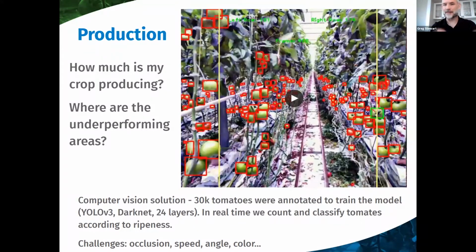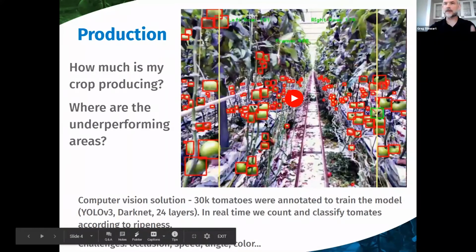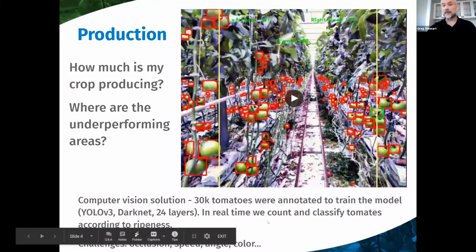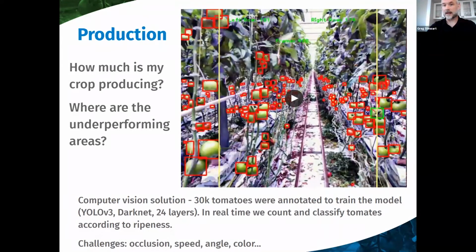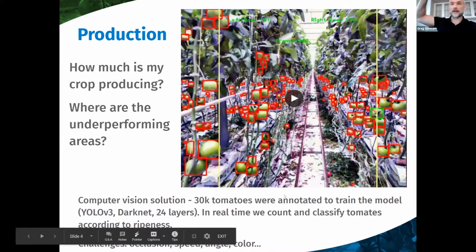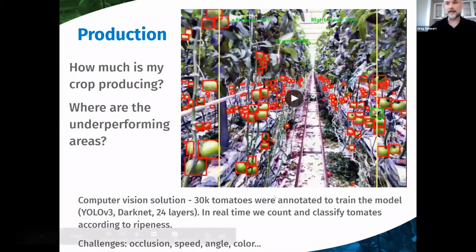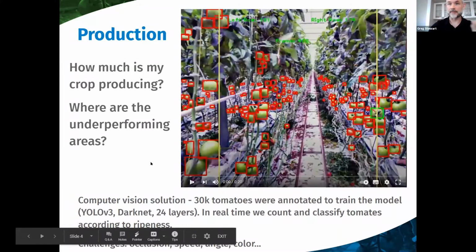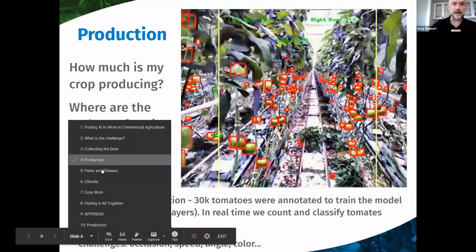I won't go into too much detail here, but really what we're doing is counting and classifying the tomatoes according to their ripeness. So you can see, I don't know if you can see it here, some of them are red, some of them are green, but understanding how quickly they're moving from green to red is another interesting problem that we can start to help solve. The problems with this include occlusion, what speed somebody feels like driving the cart at, the angle, meaning, if I've got the cart up high, I don't have a great angle to look down at the tomatoes, so you need to get that right, and then figuring out the color, right? So these are things that we needed to address in order to make this work in production under all conditions. Now, again, each time I click, it does this.